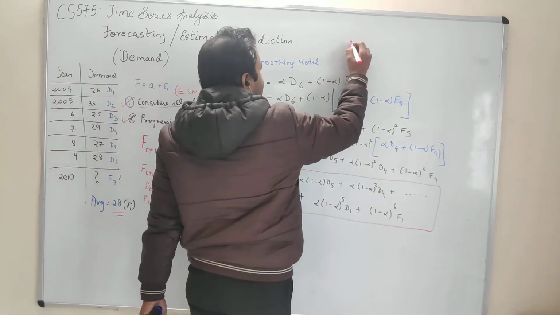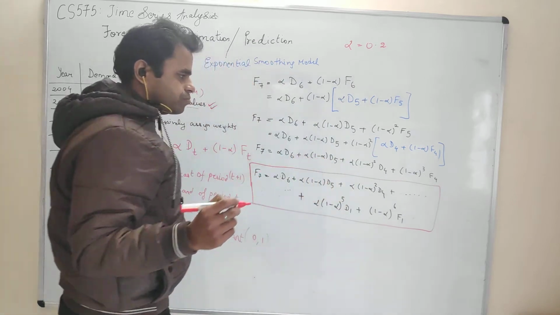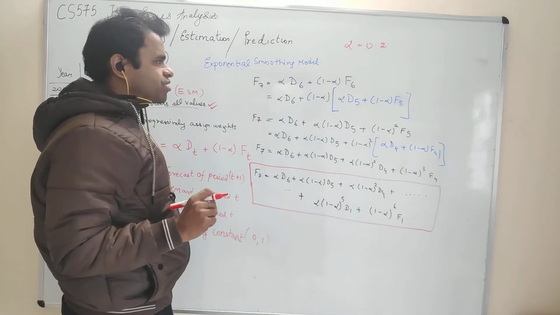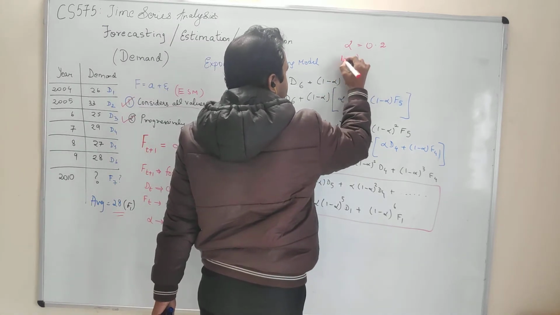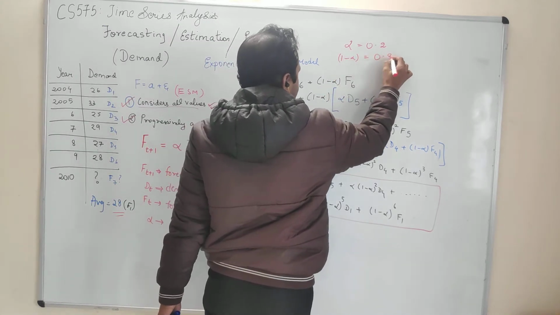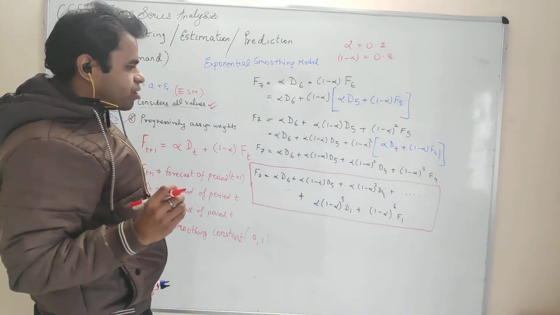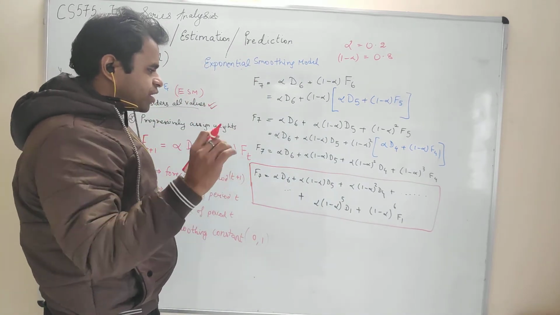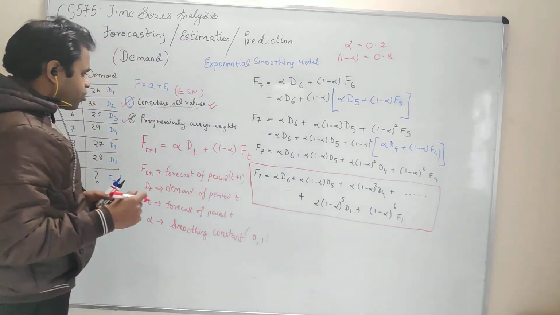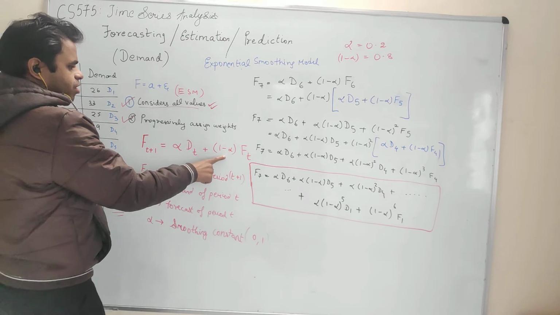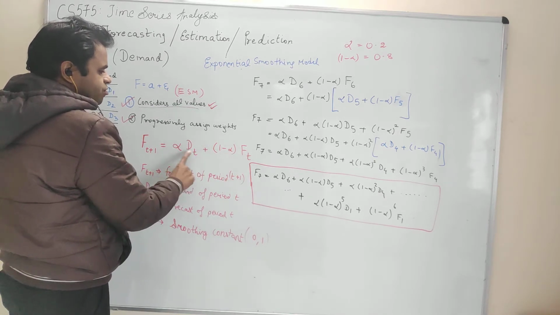Remember what was our last example's alpha? Alpha was a value of 0.2. So then 1 minus alpha basically became 0.8. Okay. Now see, there are various components to the value of alpha. So if you just see the simple formula, now just see the significance of the values of alpha.